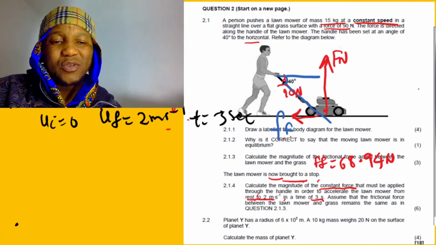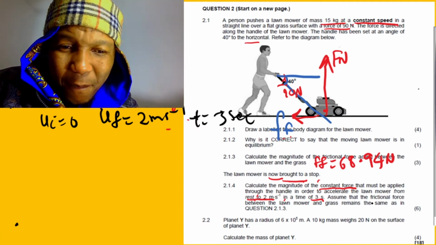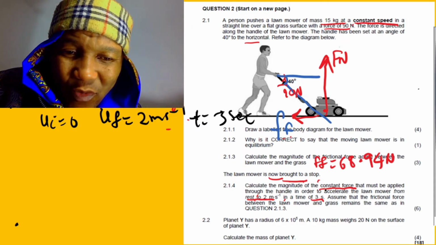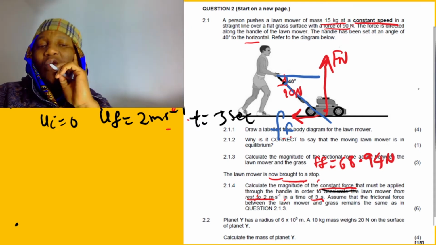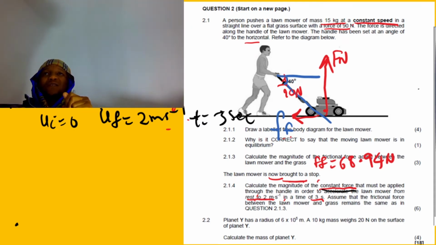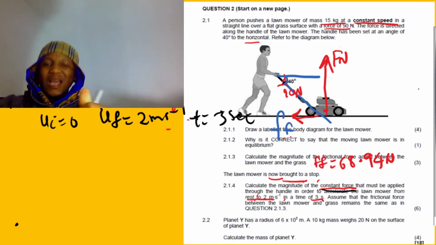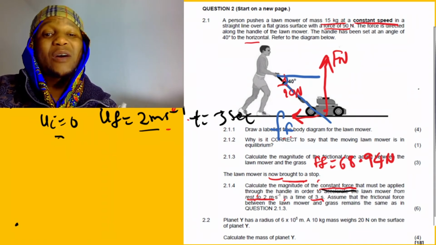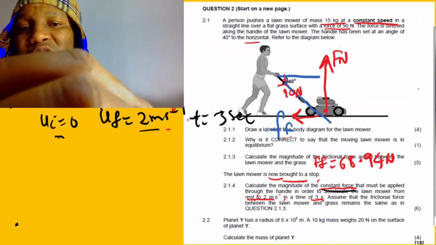3 seconds. Now what do they want? They say now the magnitude of the constant force. Oh, so they want the constant force, if this stuff will start from rest and it went all the way to 2. So this is a new force now, not that force we had. I'm gonna say here, look,